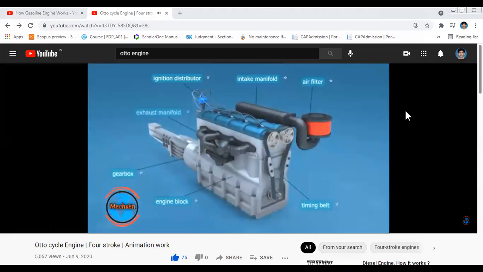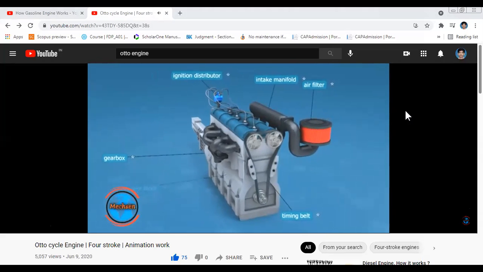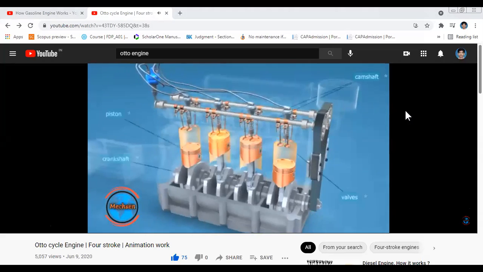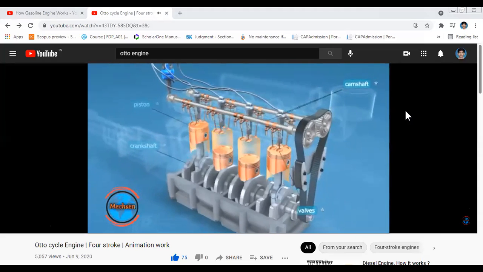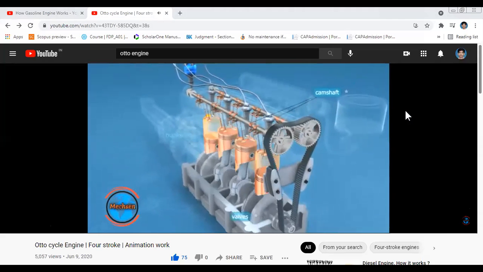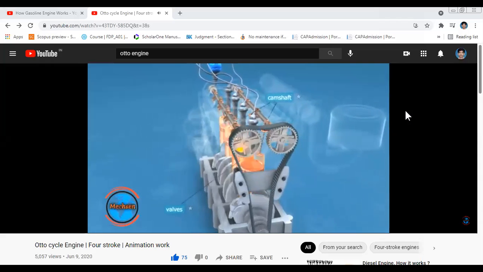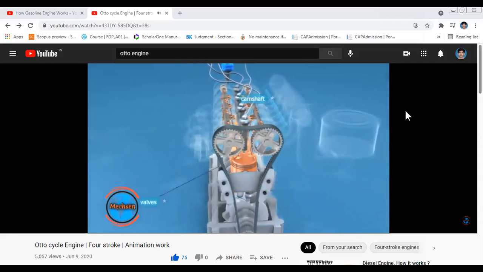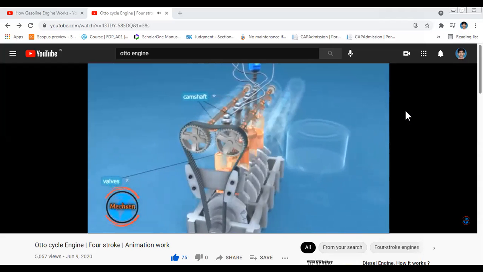Engine construction. The main parts are A. The engine block. B. The cylinder. C. Cylinder head, usually holding inlet and exhaust valves. D. The piston. E. The connecting rod. F. The crankshaft. G. The crankshaft main and connecting rod bearing. And H. The fuel pump and fuel nozzle.